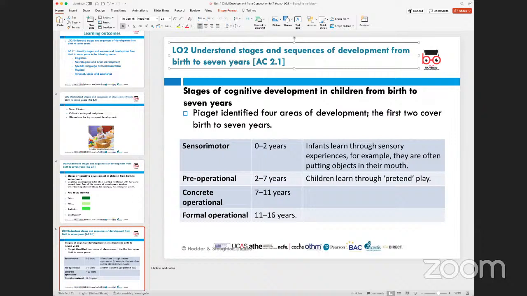And these stages that we go through and understand are crucial milestones in understanding cognitive development, which is basically the mental abilities